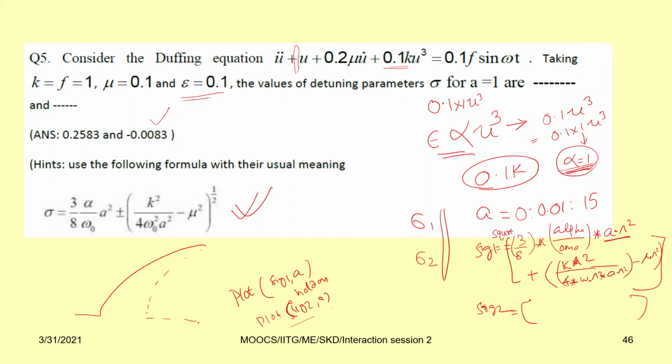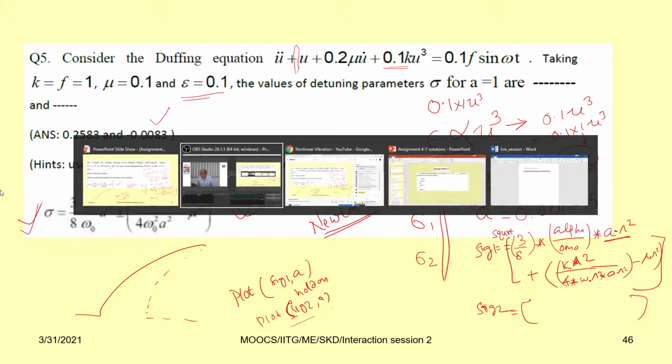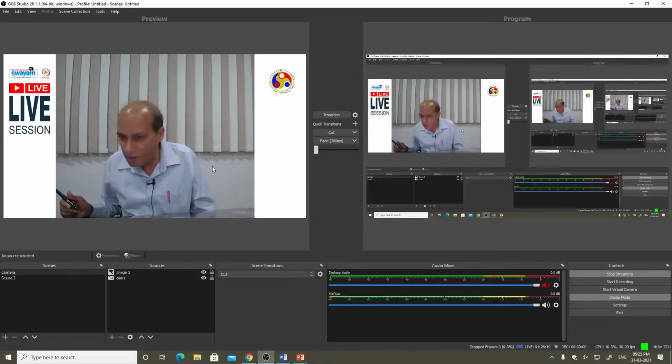The Duffing equation is very simple, but if you have more terms and more equations, when you have 4 equations or 5 equations, then you have to use Newton's method. Here you need not use Newton's method to solve this equation. This is very straightforward, you just use this equation, and for the Duffing equation you can plot. Okay, I hope you understand this. If you have any other query, then you can ask.